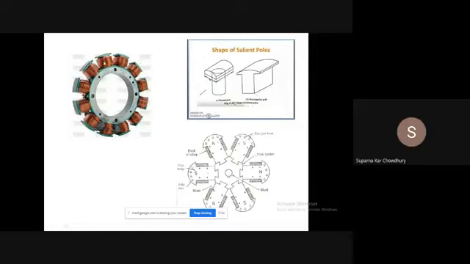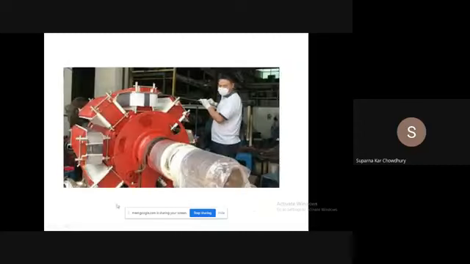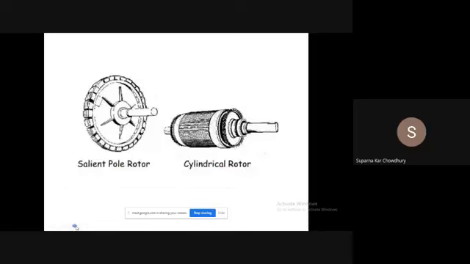And here as the length of the armature is small, cooling is not that much of a problem. Simple air cooling with fans can serve our purpose. This is a typical rotor of a salient pole machine. You can see how large it is. It is almost the height of a man. So typically for the same rating, a cylindrical rotor will look like this, and the salient pole machine rotor will look like this, almost like a disc.